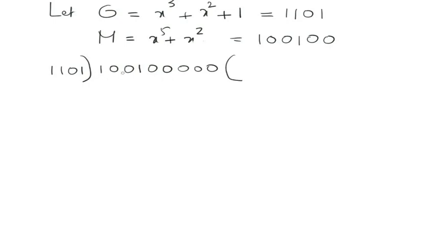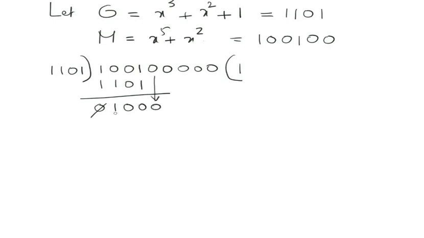Now here the first bit is a 1. So put a value of 1 here. 1 into 1101 is 1101. Now these two are to be subtracted. While subtracting we need to follow the exclusive OR rules. If you have an even number of ones, the value is 0. For an odd number of ones, the value is 1. So here 0 and 0 is 0. Here even number of ones is 0. Now discard the first bit 0 and bring the next bit down, that is 0.